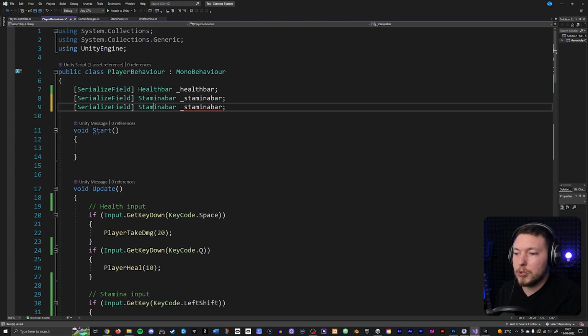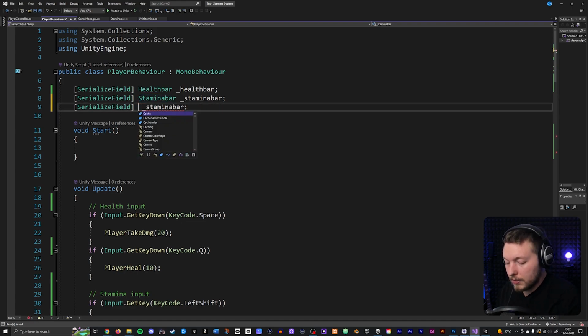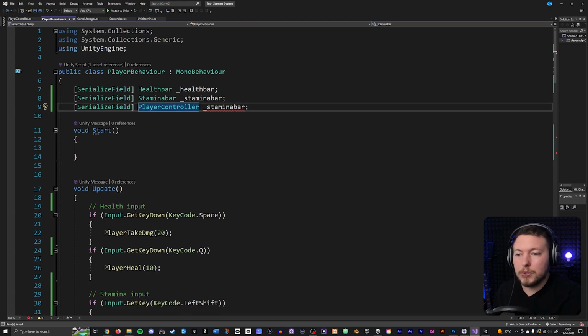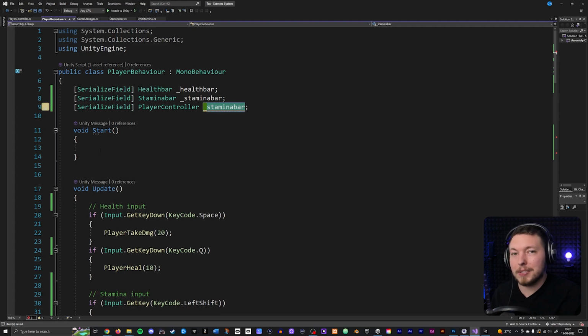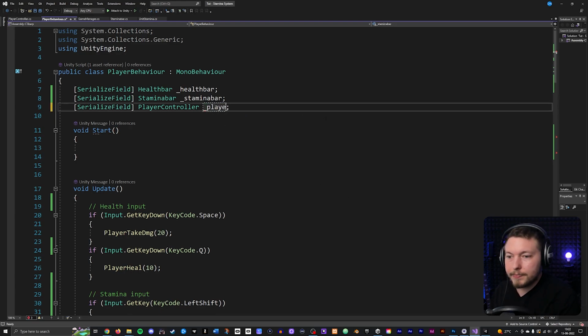And I do want to make sure that this one is not stamina bar, but player controller. Now, there's a couple of ways you could do this, of course. You could just grab the player controller inside the start method since it's attached to the same game object, but I'm just going to serialize field it and drag and drop it in there. You can do either way. It's really up to you how you want to do it. But I'm going to change the name here, so we have player